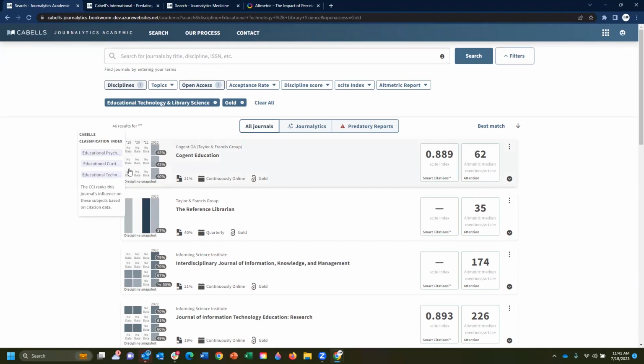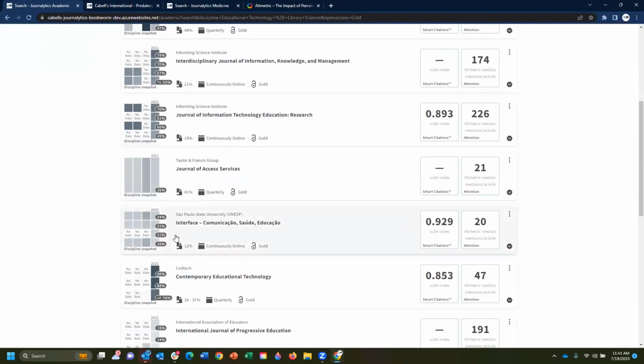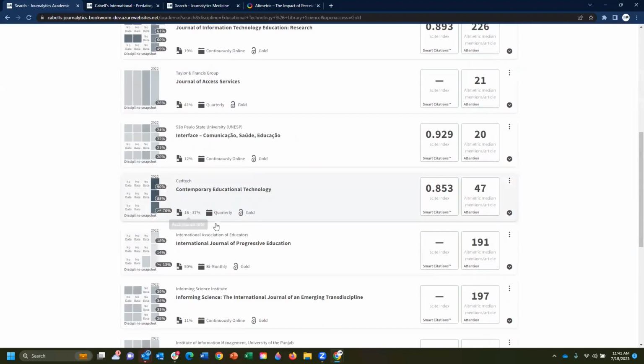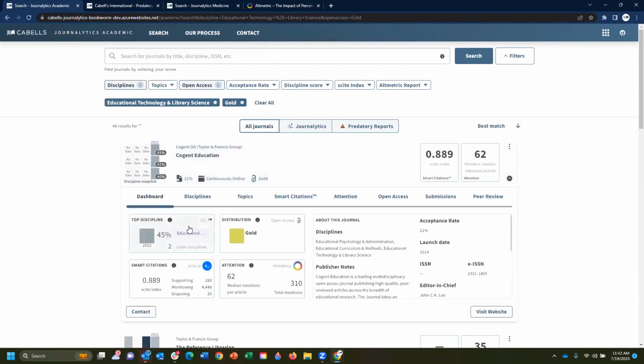Oh, I should point this out. If we see no data, these are some good things. Now we'll do some searches. Anything that comes up, we can see these are journals for which we have an acceptance rate. If we have it, that will be listed right on the summary as well, right here. I'm not seeing any that we're missing it. Journals we might see no data. Again, we're trying to work out ways how we might present this information